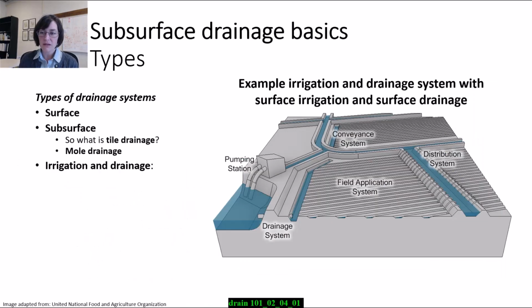The last kind of drainage system that I'm going to talk about, remember I said there's 3: surface drainage, subsurface drainage, and then the third one is irrigation and drainage. And this one is interesting because it's a combination of irrigation and drainage, which might not make sense at first, but this is actually one of the most common types of drainage system globally. Drainage systems in arid climates are typically this irrigation and drainage combined system rather than just a drainage system like we have here in the humid Midwest.